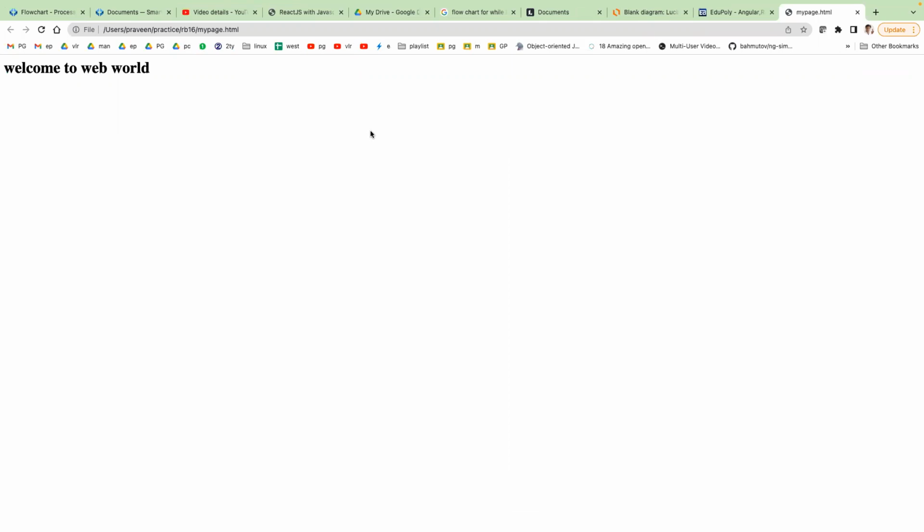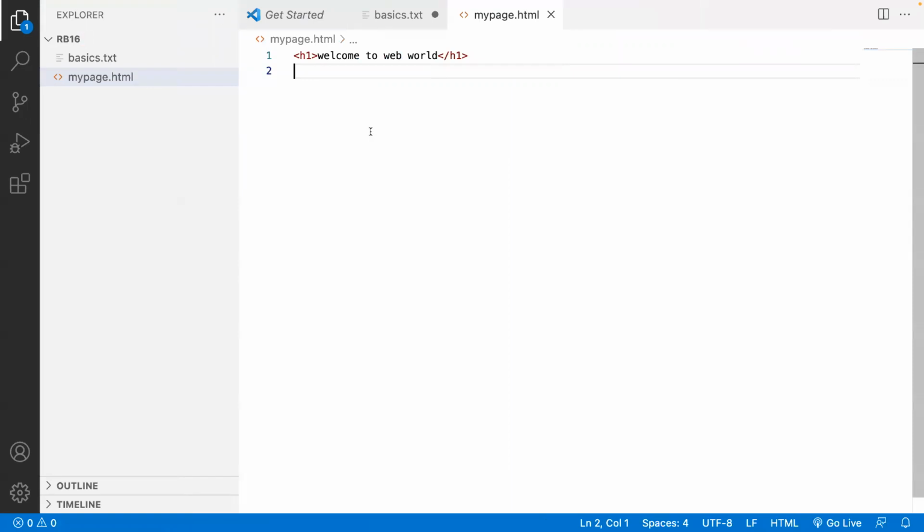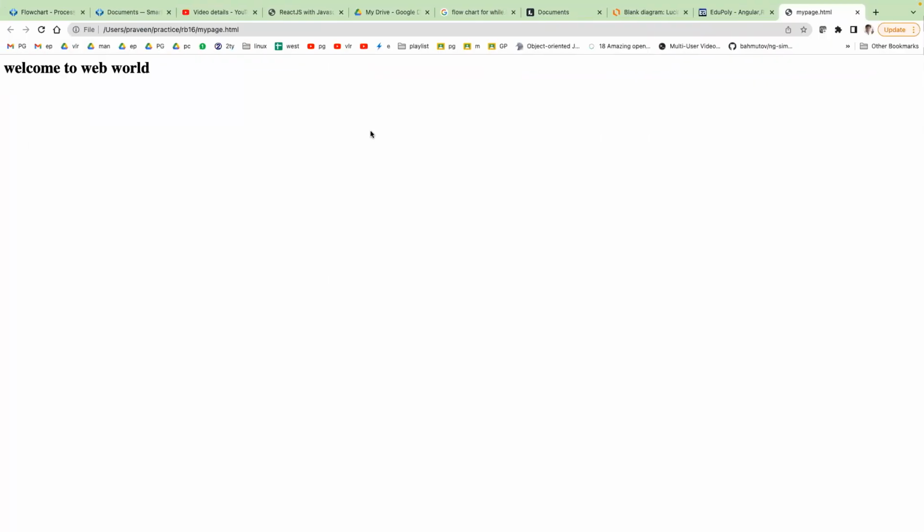After saving it, first of all, once you have modified it, you have to save it. Then you have to come back to the same browser and refresh the page so that you will get the latest thing.